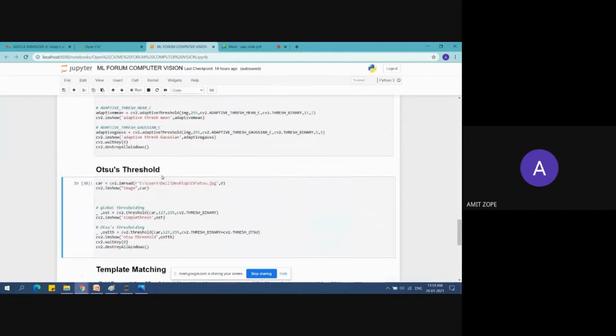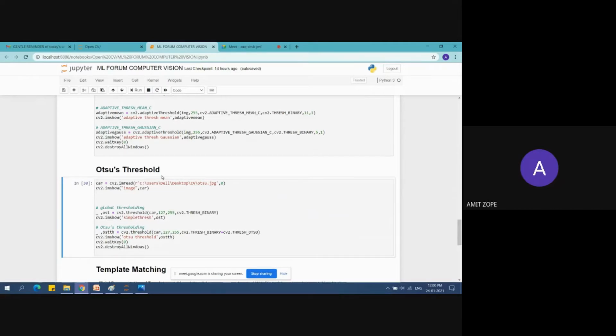Thresholding is used for object detection. It is basically used to get an analysis of the image.